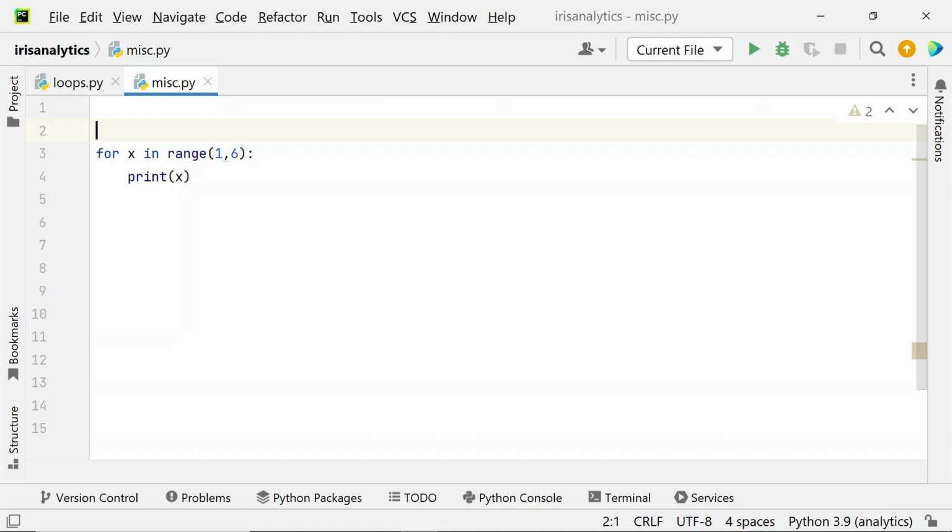In this video, we're going to learn some more tips and tricks related to for loops. So I have this for loop set up. The starting value is 1, the stopping value is 6. Within the loop, I'm printing the value of x. So if I run this code,